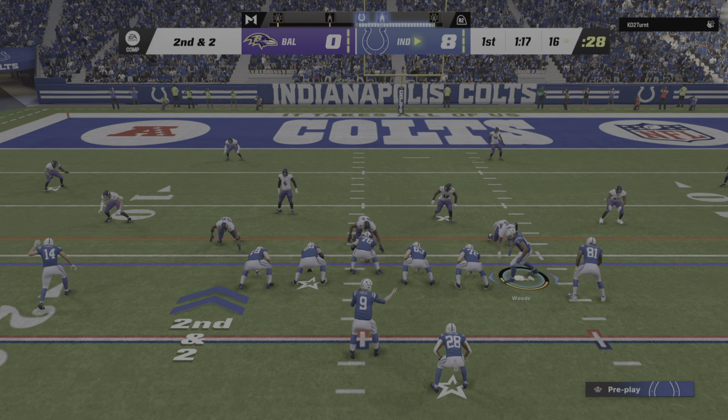On second down, it's Taylor. He'll lose a yard on the play, so now they need 3 yards on third down. An interesting and intriguing decision there defensively, because they kept extra DBs on the field despite seeing the multiple tight end look that came out for the offense. I thought they were going to switch out of it. I didn't know if they felt they didn't have time or what the case was. Well, in any event, the extra...